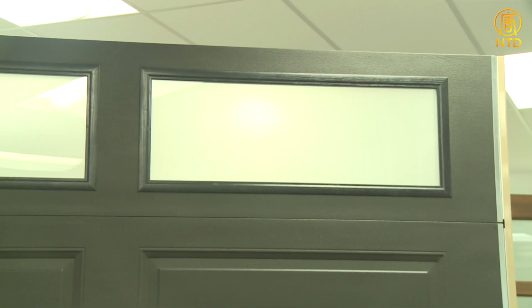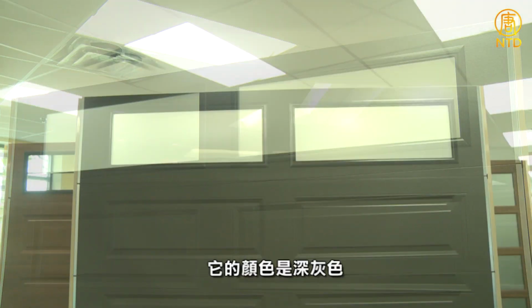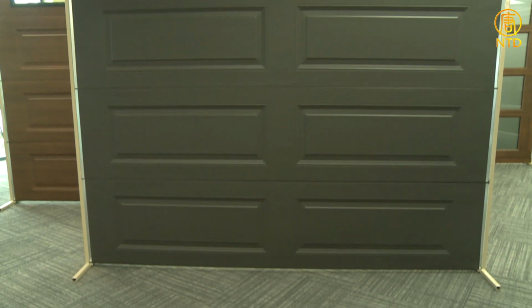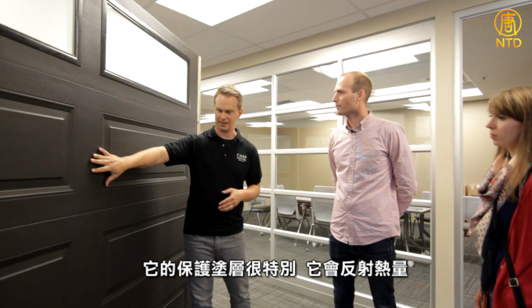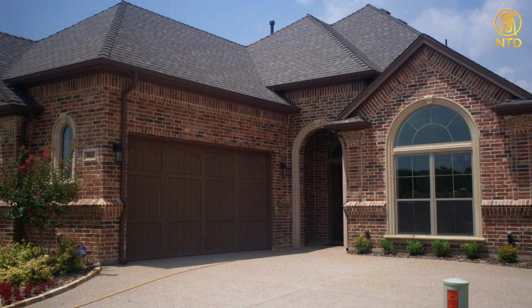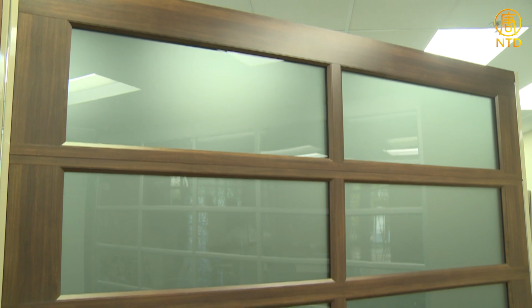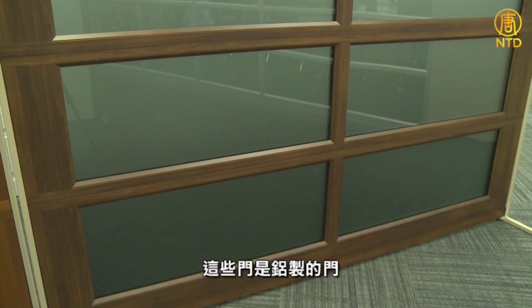Frederick 就一扇一扇地为他们夫妇介绍。This is the new product. This particular one is the charcoal color. 深颜色的门非常吸热，这在夏天可以使用吗？And it's actually a special coating that'll actually reflect heat. 如此一来，深颜色的车库门既可以与房屋搭配，又不用担心夏季的日晒会损坏车库门。接着，Frederick 介绍了一款充满现代感的车库门。